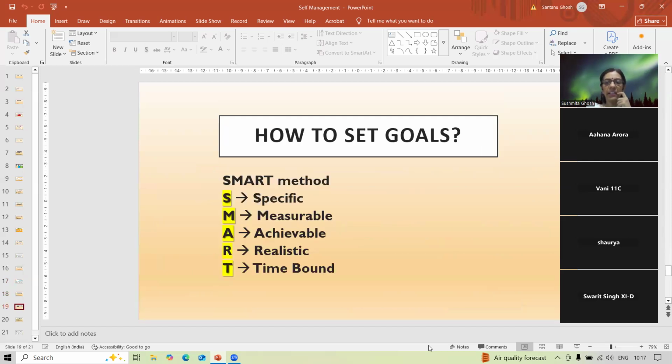And for goal setting, we use this acronym SMART. So we did one for communication skills in this particular chapter. We are now working on goal setting. Again, this you've also done in 9th, 10th if you were part of that team. So whenever you are trying to make a goal for yourself, it's very important that it is a specific goal. I will study well. I will